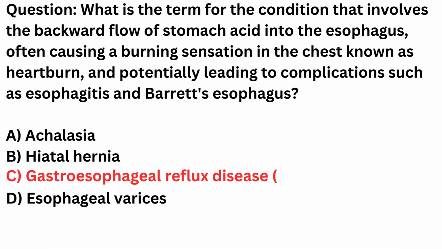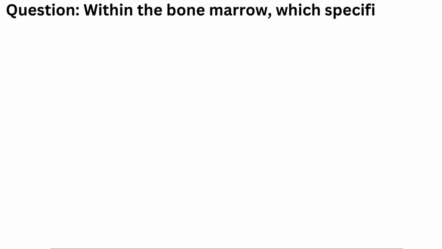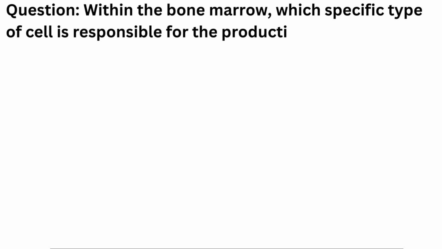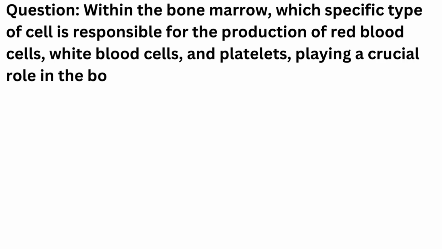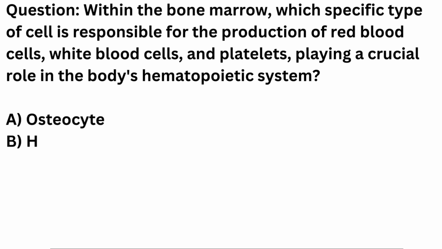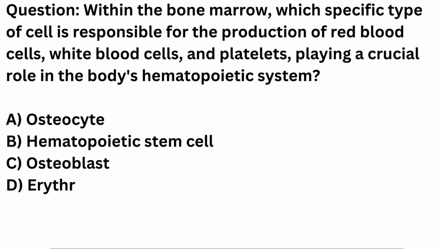Gastroesophageal reflux disease, GERD. Question. Within the bone marrow, which specific type of cell is responsible for the production of red blood cells, white blood cells, and platelets, playing a crucial role in the body's hematopoietic system? A. Osteocyte. B. Hematopoietic stem cell. C. Osteoblast. D. Erythrocyte progenitor cell. Correct answer is